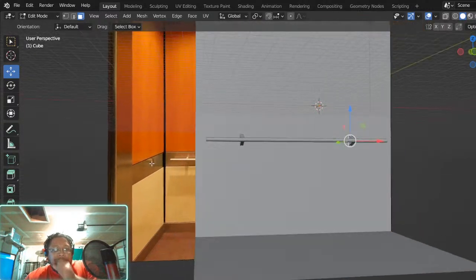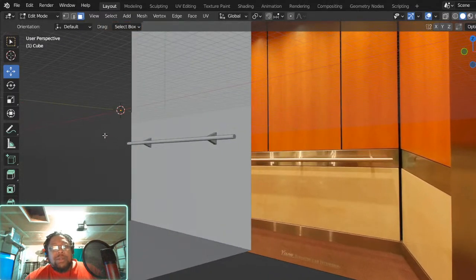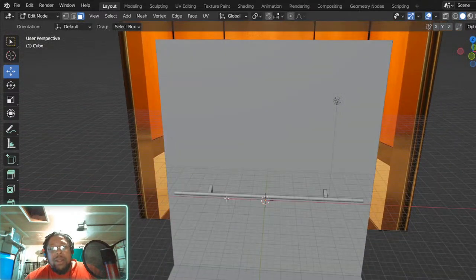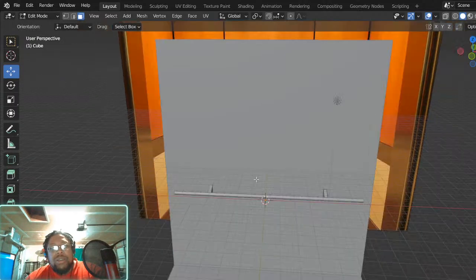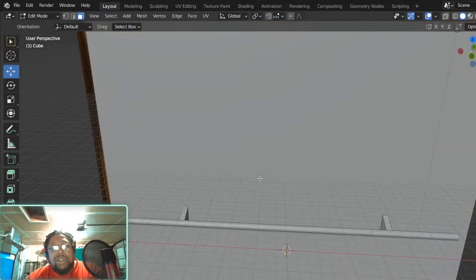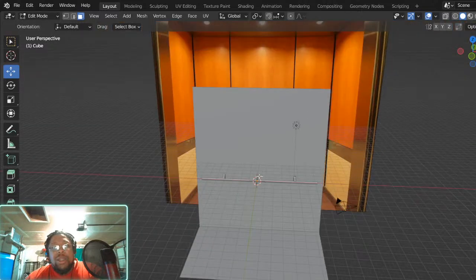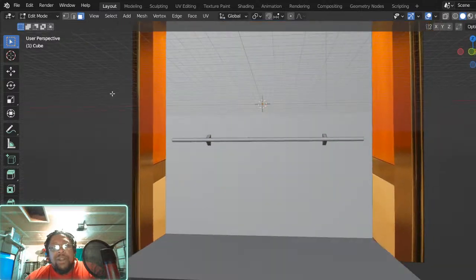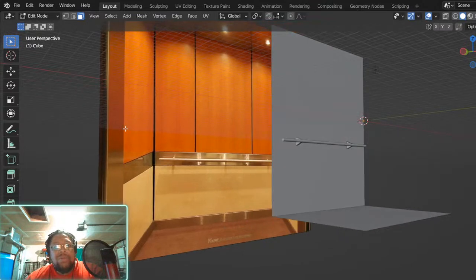That's not too bad. Not too bad. Let me see. Now, do I need a third one in the middle of there? That's what I need to know. Do I need a third one? I'm gonna leave it for right now. I'm gonna feel it out. I don't know if I need a third one, like a one in the middle. All right. So what else am I missing on this wall?